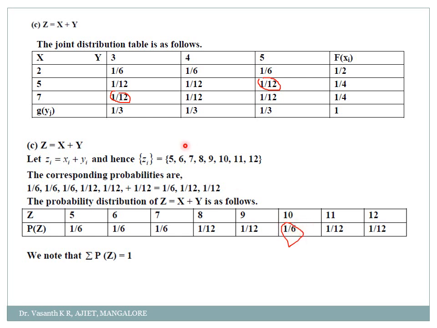Wait. Okay. Then see again whether anywhere you will get 1 by 12 again. 5 plus 5 is 10. 7 plus 3 is also 10, correct? So x plus y means 10, it is coming 2 times. So you have to add both the probabilities. See here, check properly with this point, my dear students. 5 plus 5 will give me 10. Its probability is 1 by 12. Then 7 plus 3 is also 10. Again its probability is 1 by 12. So this 1 by 12, I'll just mark it, my dear students. 1 second.